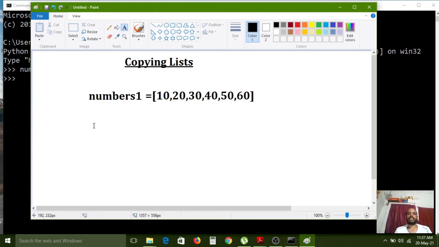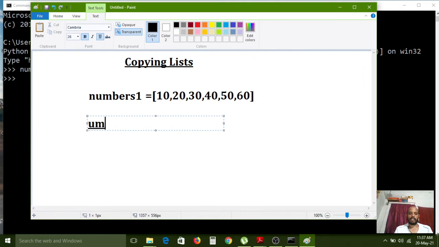Now I want to create one more list, numbers2. Here I am not giving any square brackets, and again not giving the same values. If you give them, then you create one more separate list. But here our concept is copying a list: I want to create a new list from an existing list.